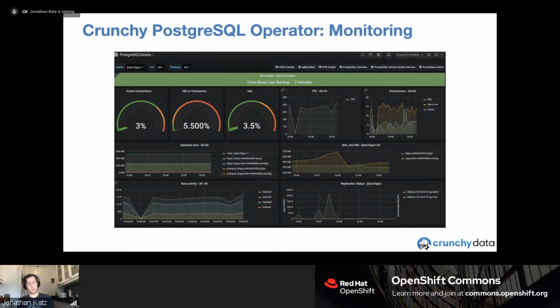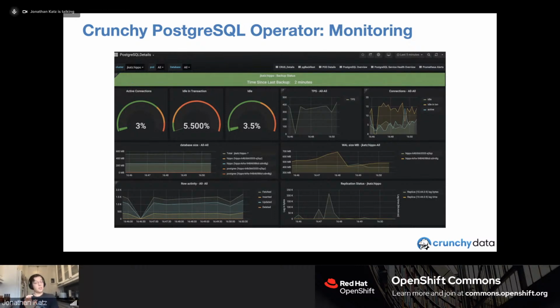So, for instance, if you're supposed to take daily backups and the backup's not taken, the top bar that you see on the screen is going to go red. You can drill down to your specific databases or specific pods within your cluster. But the idea is that you have all these key metrics there. Take another one, replication status. This helps you detect what your replication lag is. If you're using asynchronous replication, this could become an issue because if your lag is too much, you're at risk for data loss if there's a failover event. So you do want to keep an eye on that.